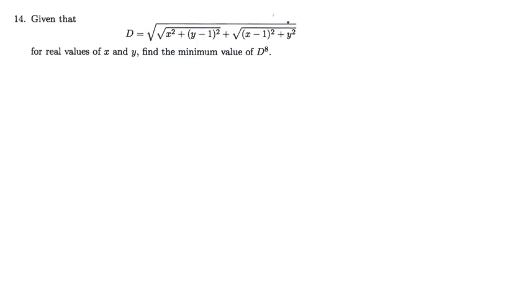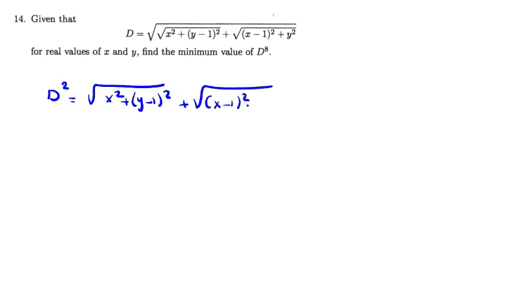Because we have a square root here, we can at first consider d squared, which equals x squared plus y minus 1 squared plus x minus 1 squared plus y squared. If we want to optimize d to the power of 8, we should optimize d squared. We call this one a, so a prime. Let me differentiate this term, at first let's differentiate a in terms of x, it should be 0. So I say what? It is